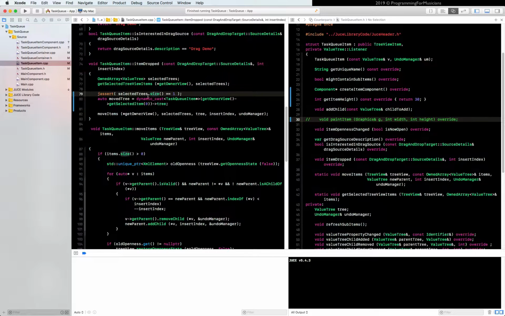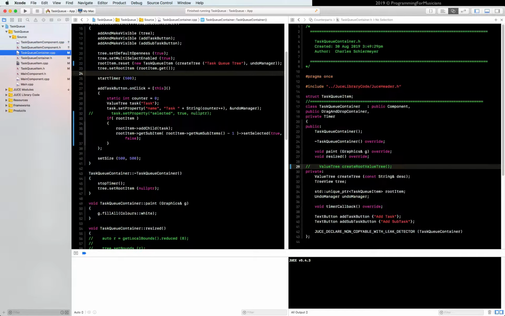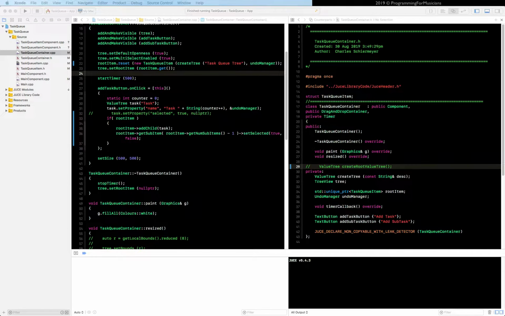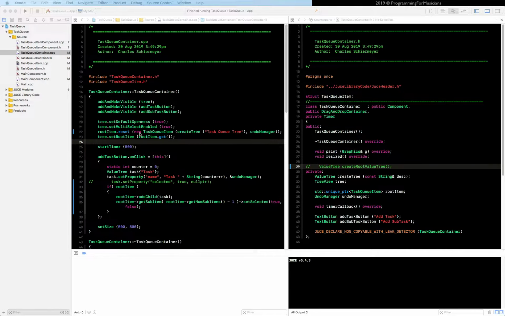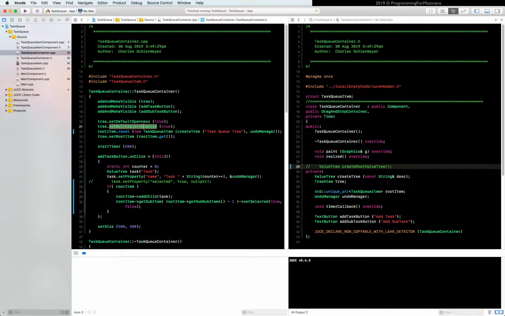And let's actually make sure there's only one node selected by setting the actual tree itself to only allow one node to be selected. So under set multi-select enabled, don't set it to true, set it to false. All right, we can go back to our